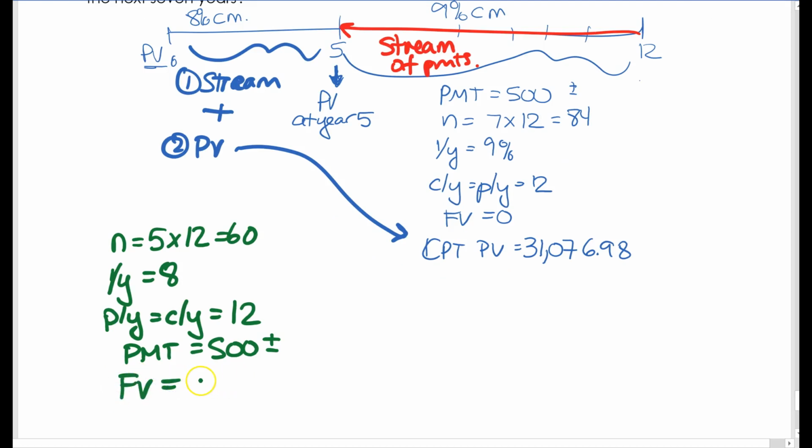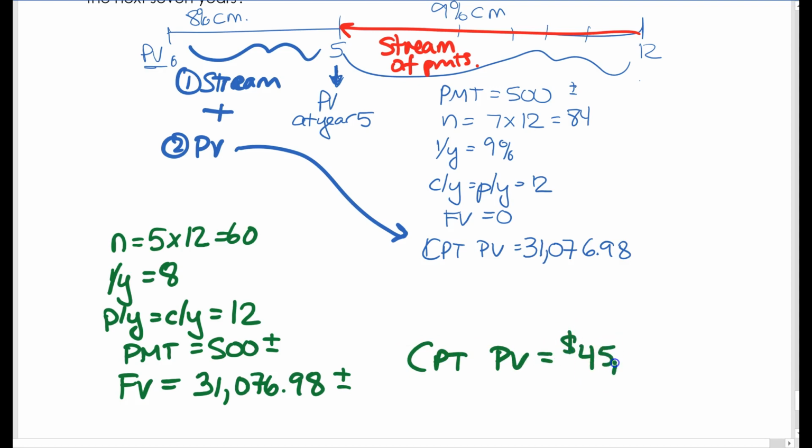So the future value that you're starting with is $31,076.98. Again, because this is money that's gone out, make sure you make that negative. You compute your new present value at the beginning of the entire stream, and you get $45,518.41. So the answer is, what maximum price should you pay to guarantee the $500 a month and that's the return you're getting? This is the amount. You shouldn't pay any more than